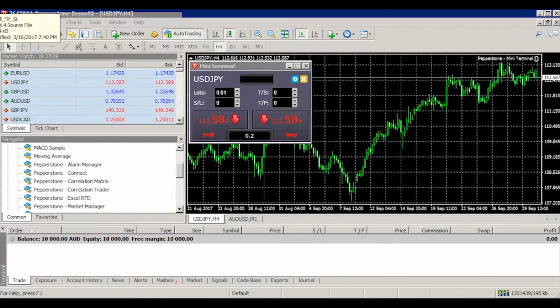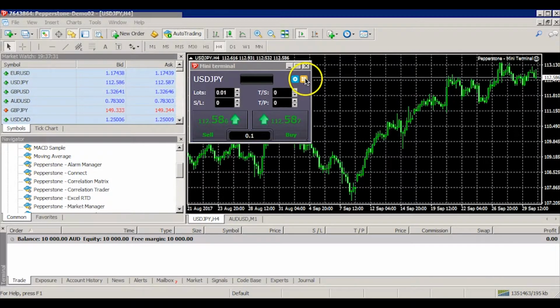Hey guys, it's Boris again, and there are just so many cool features in the Pepperstone Smart Tools set that I wanted to do a little bit of an addendum and show you a couple of things that I had originally dropped off the list that I think are going to be very, very valuable for you in your trading arsenal. So in the mini terminal, there's this very interesting function called OCO breakout or OCO reversal,